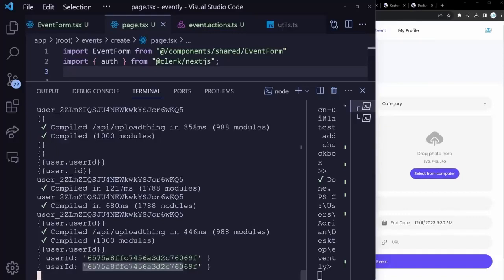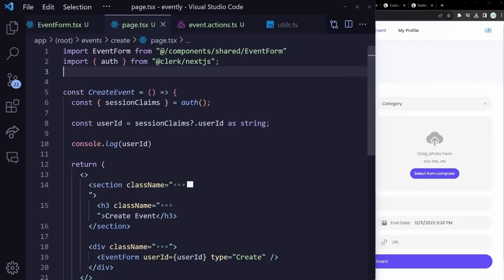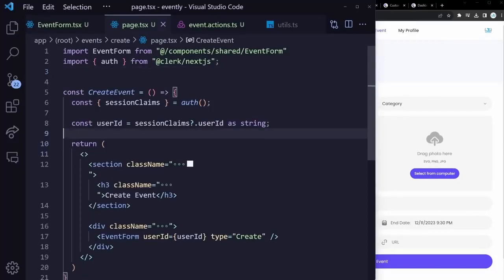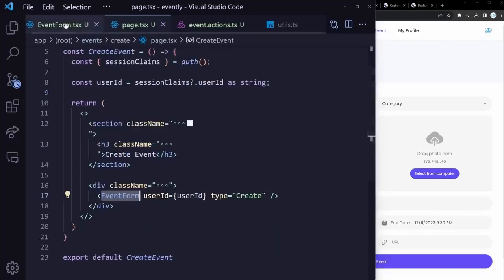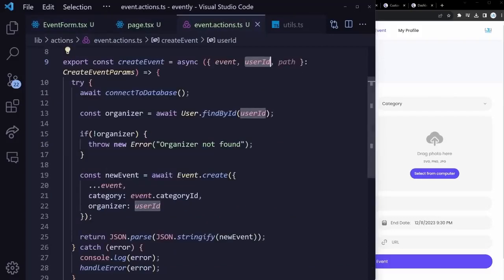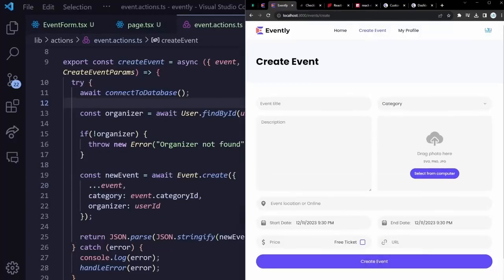You can see that we get back a real user ID. Great. So now we know that we're passing that user ID to the event form, and hopefully now it should be passed over all the way to when we create an event, and that should allow us to actually create it. So one more time, allow me to fill this out